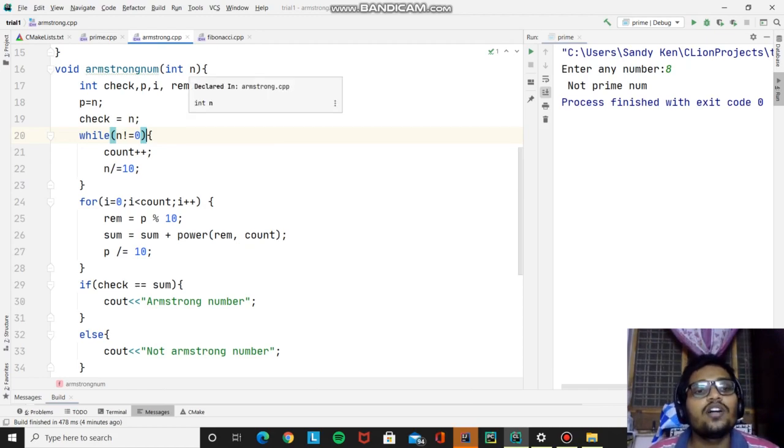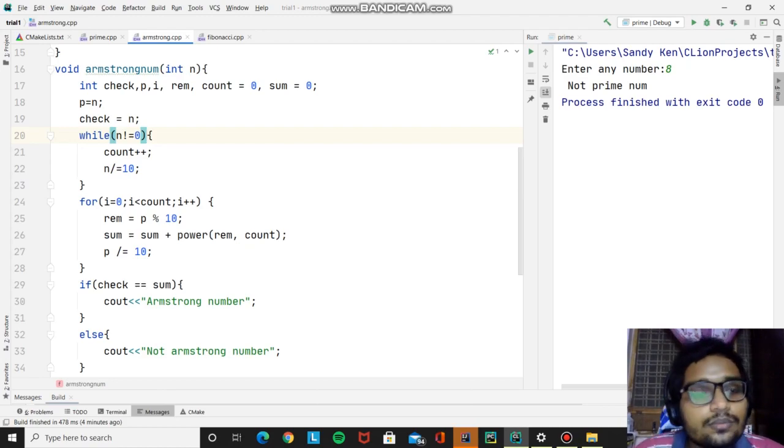entered value. In this case we took 153, right? 153 will not be equal to 0, so we increment count by 1, and we divide n by 10, which means it will be 15 for the next iteration. In the next iteration we check whether 15 is not equal to 0, and we increment count again. Now if we divide by 10 it gets 1, and count is incremented, and if it is divided by 10 again it becomes 0, the condition in the while loop fails, and we have the number of digits in the count variable.